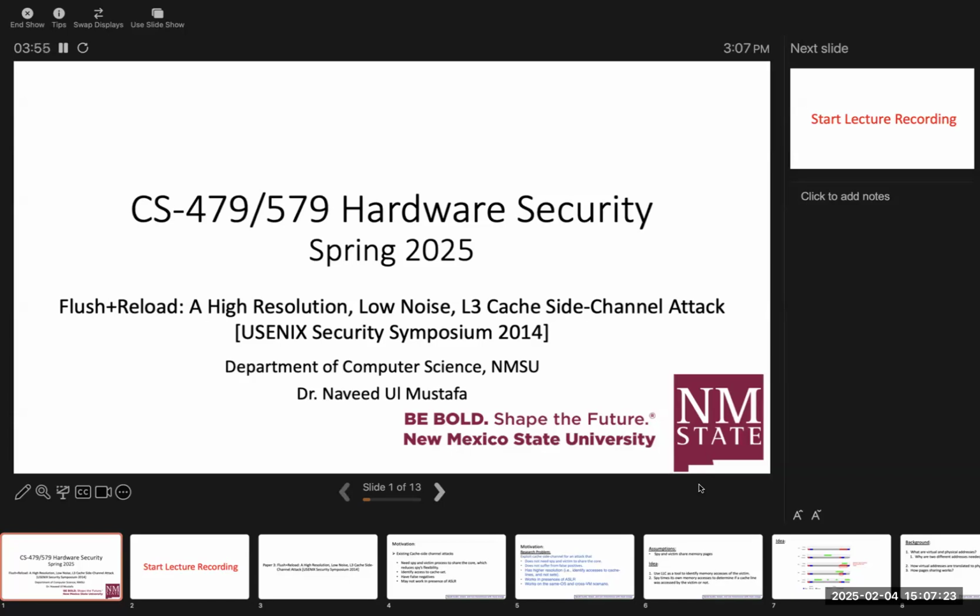Flush plus reload. This is the third paper we are discussing, and our first paper was totally a survey paper. The second I would not count as a survey paper, but it was exposing vulnerabilities, though not a concrete attack, in the sense that they identified the vulnerabilities but did not use them to launch an attack. But here, this is the first paper where they are exploiting a side channel to launch an actual attack. Okay, so